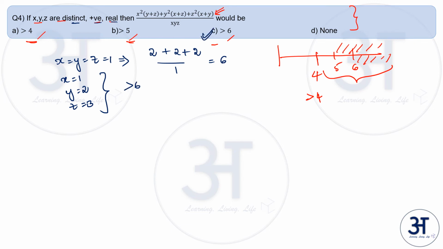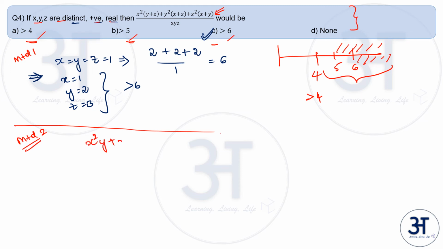But for those who want to do it from the first principles, again this method I suggest only for those people who are very good with these kind of expressions, dealing with these expressions and numbers, so that you can intuitively understand that the highest or the lowest happens when all three are equal and they are equal to 1. So if you are someone who is not very comfortable in these kind of questions or in these kind of expressions, it is always better and safe to go from first principles. So let us now split these. So this is method 1. Now coming to method 2, let us now write the numerator elaborately.